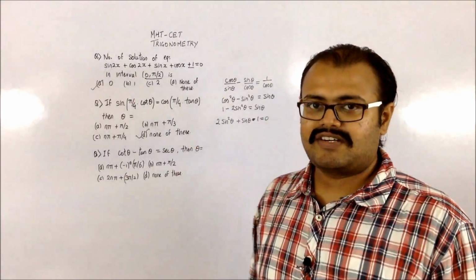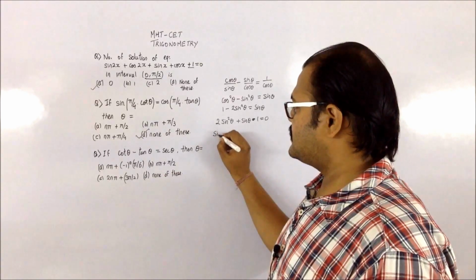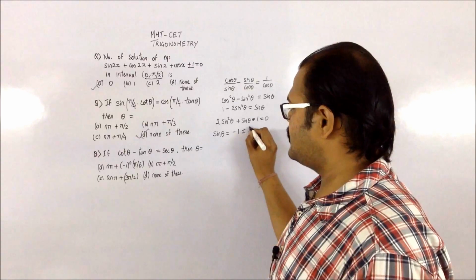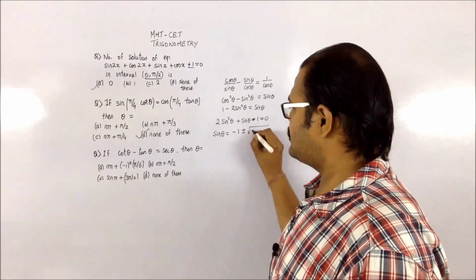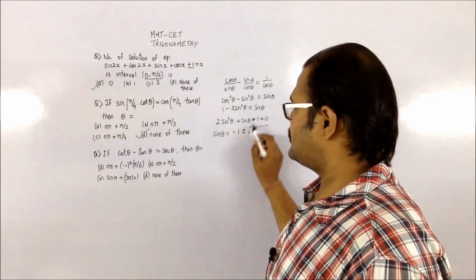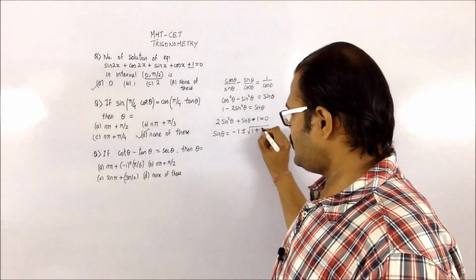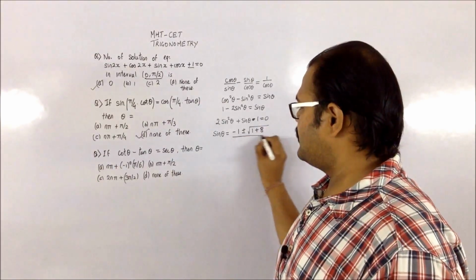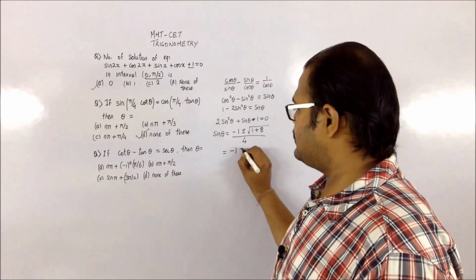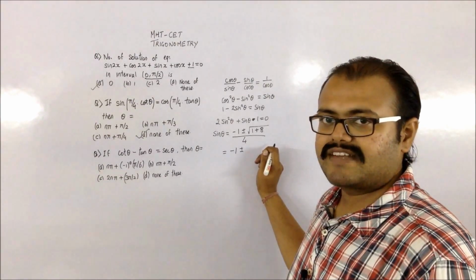Now solving this quadratic equation using the quadratic formula, I will be getting sine theta as minus 1 plus minus root of b square, which is 1, minus 4ac, where a and c are 2 and minus 1, so 4 into that is minus 8, so it becomes plus 8, divided by 2a, which is 4. So I'll be getting minus 1 plus minus root of 9, which is 3,